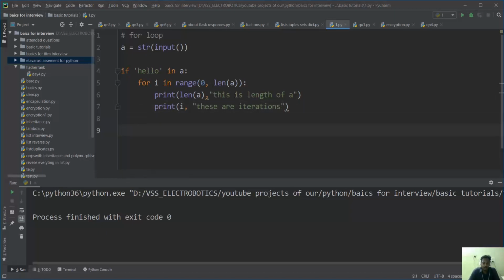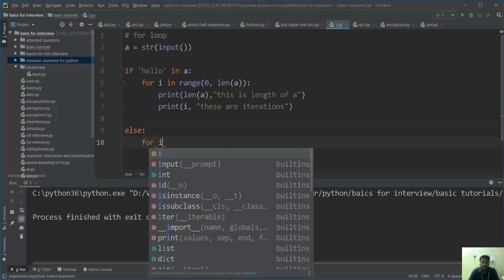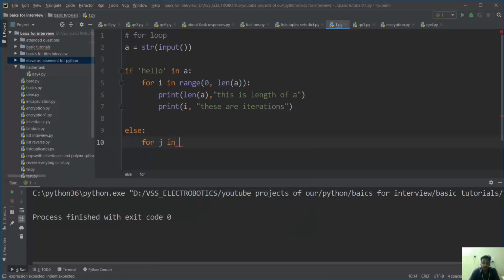Suppose in the else condition, or we can use elif, sorry, let's take else. Else means if hello is not in a, at that condition I need for j in a.